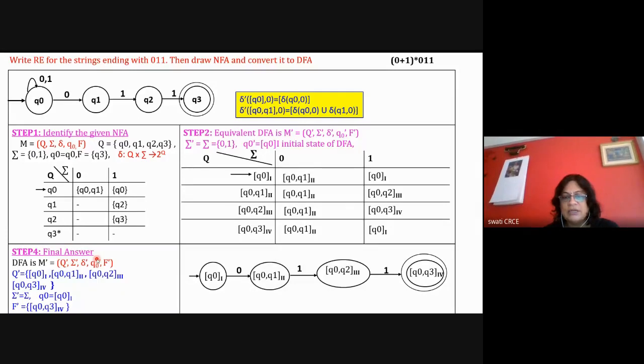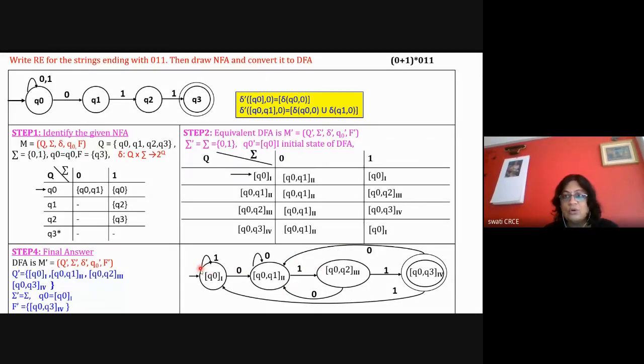Draw the transition diagram. I'm saying that with 0 it's going to 2, with 1 it is remaining in the same state. Then the second set 2 is with 0, then with 1 3, then 2. Like this you complete the diagram, and now you can verify your answer. Like for this particular string, whether your answer is correct or not, that also you can verify.